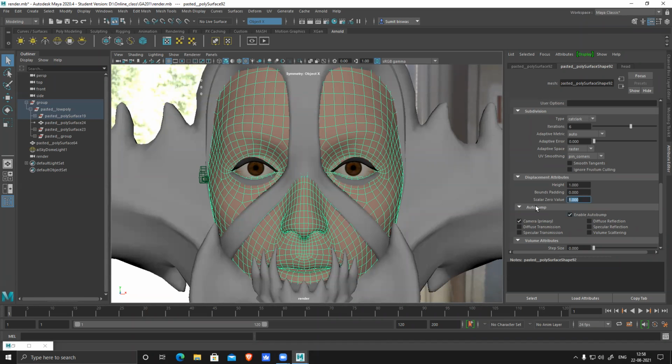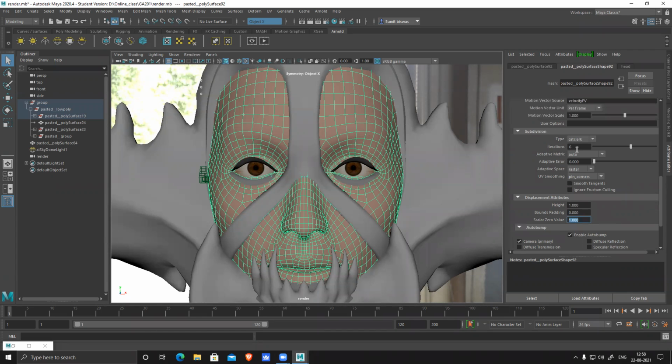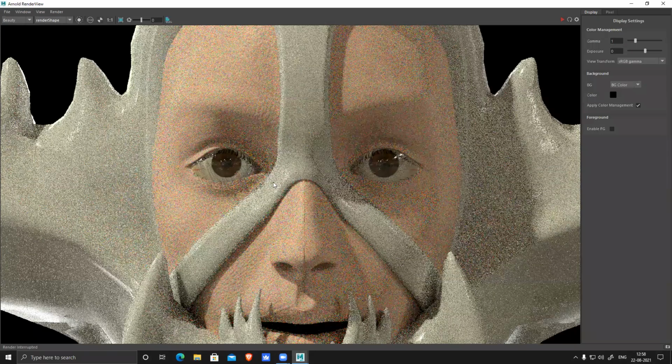For these two values, if the displacement is not working properly, change the scalar value to 0.5, and it will work. And for iterations here, use your subdivision level, whatever number of subdivisions you had in ZBrush, exactly the same. You can go beyond this, but not less than that. You can make it 7, 8, 9, 10 for a better result, but make sure not 4, 3 or 5. Make sure it is the same subdivision level. It will give you a better result. So this is what you have to do, and then this should work perfectly.